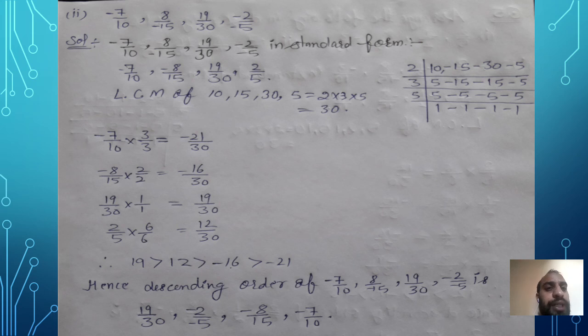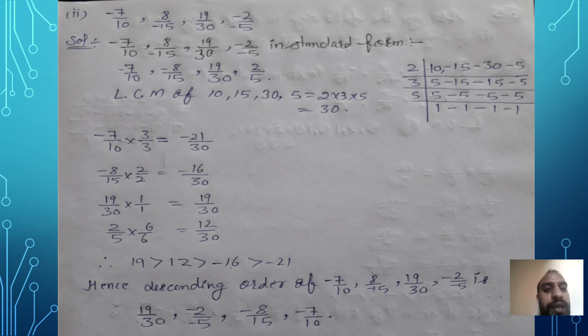Once again, the first task is to write in standard form. If any denominator contains a negative sign, convert it into the numerator, or if both terms contain a negative sign, that means we need to cancel the negative. Then the next step is similar. All the denominators 10, 15, 35, take their LCM, it becomes 30, in the same way as I calculated in the rough area. After calculating the LCM, convert all the denominators to 30. First is minus 7 upon 10. Since 10 is in the denominator, 10 3s are 30, 7 3s are 21. Next is 15: 15 2s are 30, 8 2s are 16.